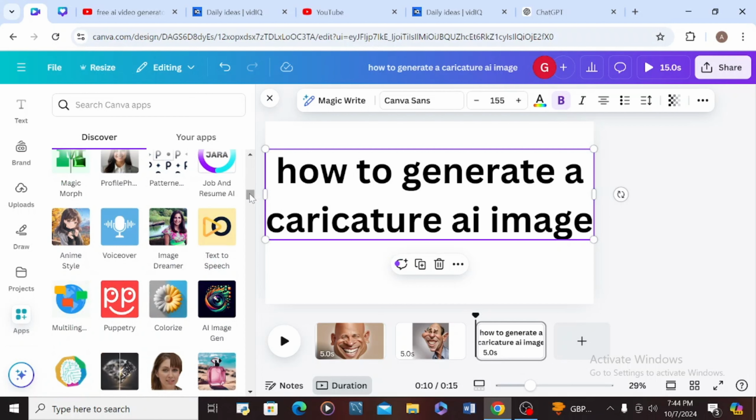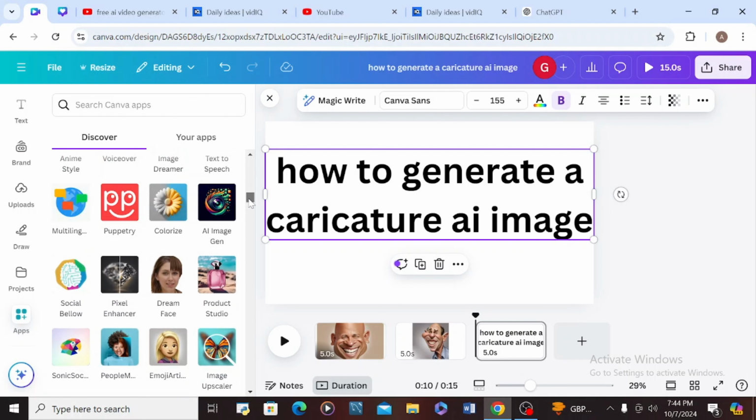In today's video, I'm going to show you how to generate AI caricature images. And if this is what you want to see and what you want to know, please do well to stay to the end of this video